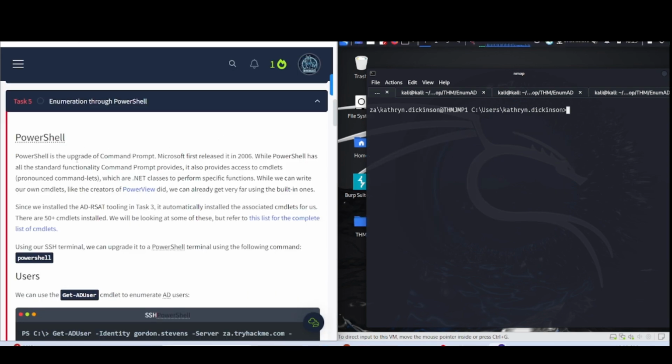PowerShell is the upgrade of command prompt. Microsoft first released it in 2006. While PowerShell has all the standard functionality command prompt provides, it also provides access to cmdlets, pronounced command-lets, which are .NET classes to perform specific functions. While we can write our own cmdlets, like the creators of PowerView did, we can already get very far using